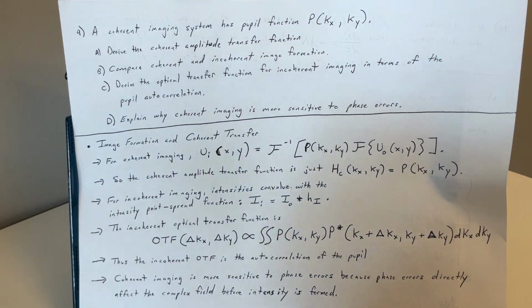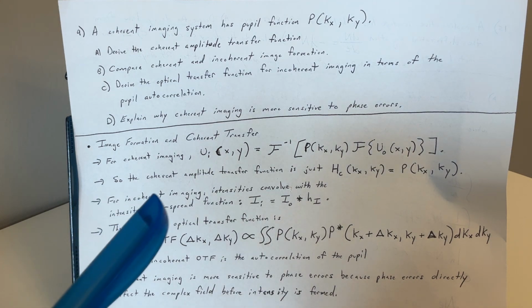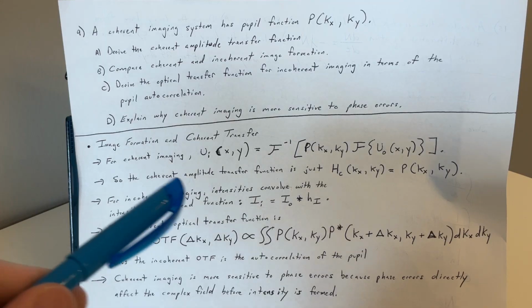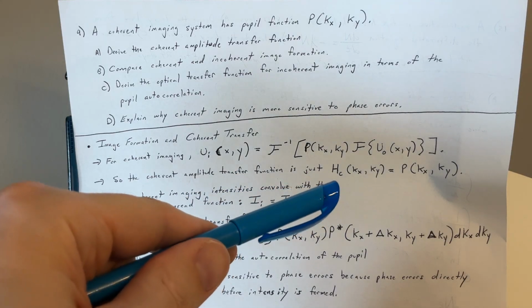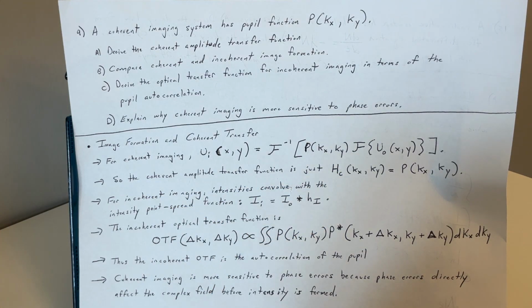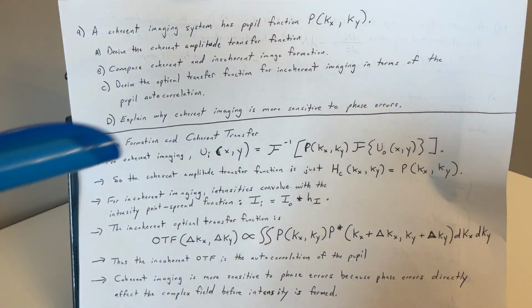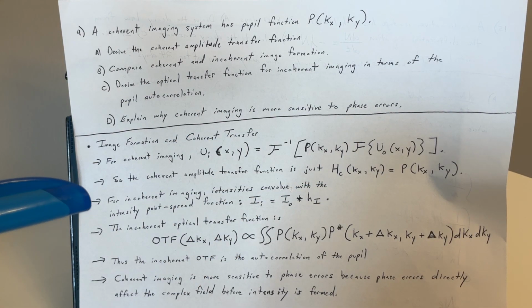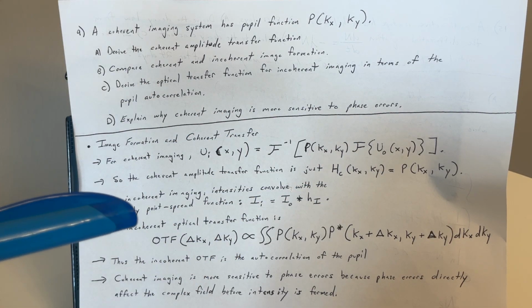Some would call this script F, by the way. Everyone probably already knows this stuff anyway. So the coherent amplitude transfer function is just h sub c of k sub x, k sub y equals P of k sub x, k sub y. And we have here for the coherent imaging intensities